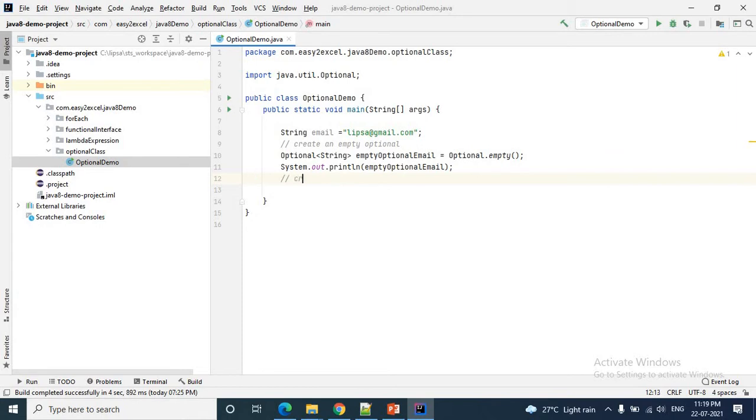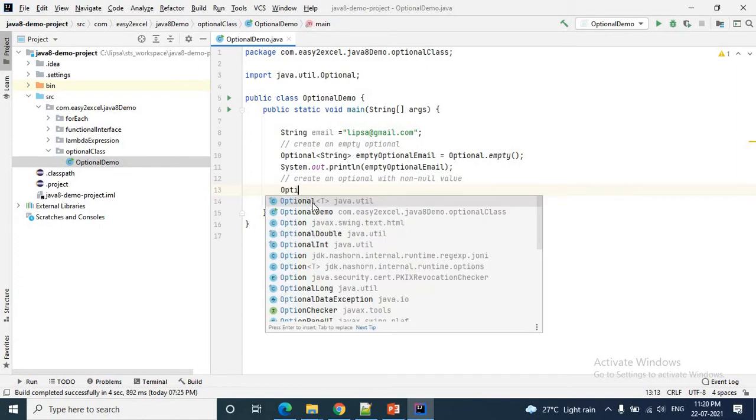The next one is create an optional with non-null value. Okay, so what does that mean? Let me create the optional value.